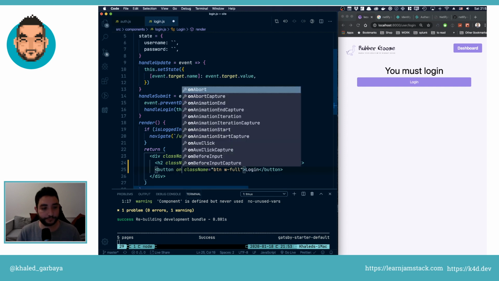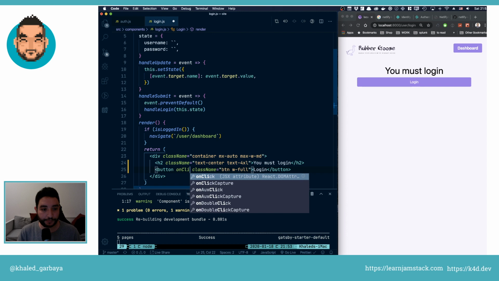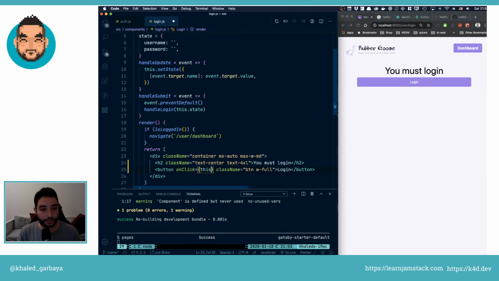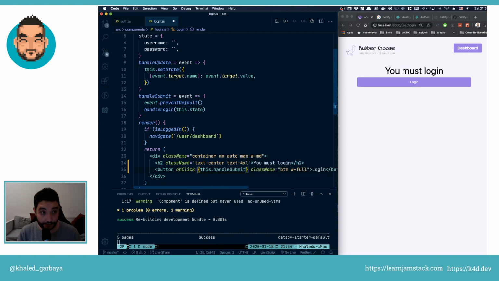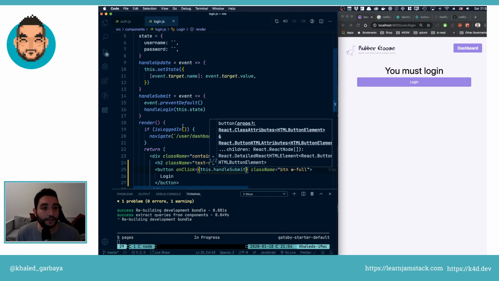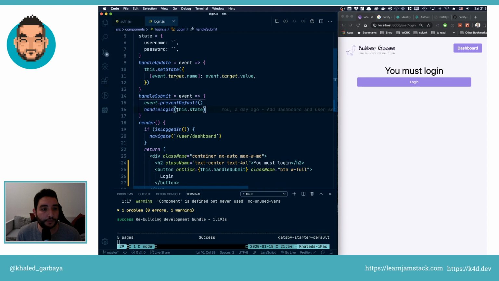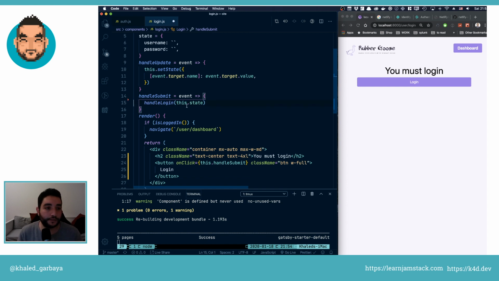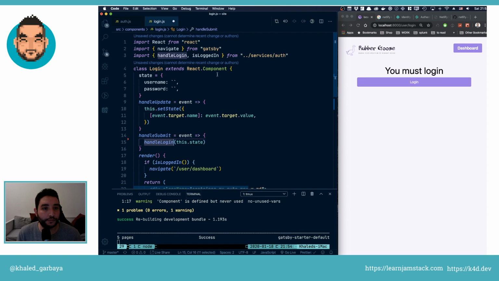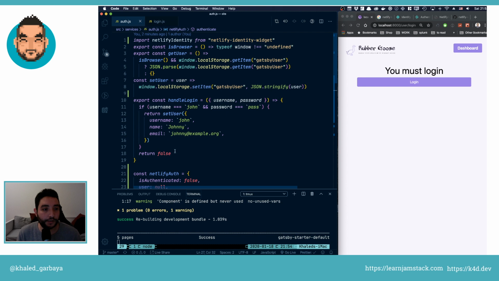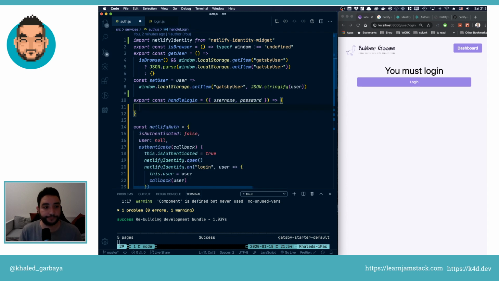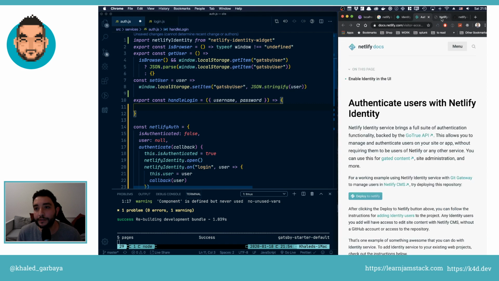So on click, this will be probably this dot handle submit. Okay, and then this prevent default. Probably we don't need this. And then handle login, it will be from this auth 0. Okay, handle login, we don't need all of this. And we will need the